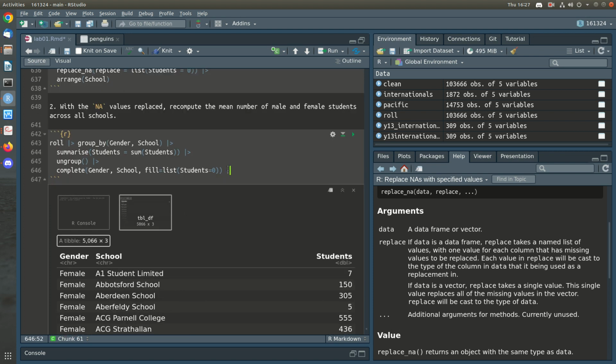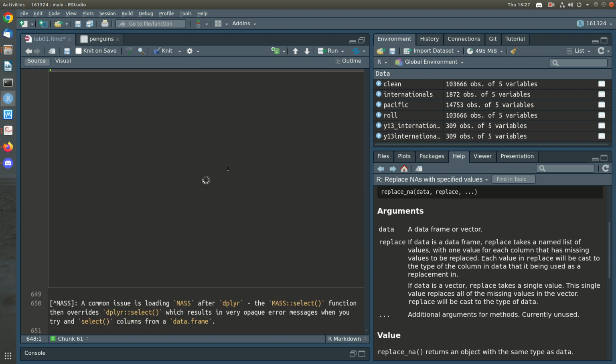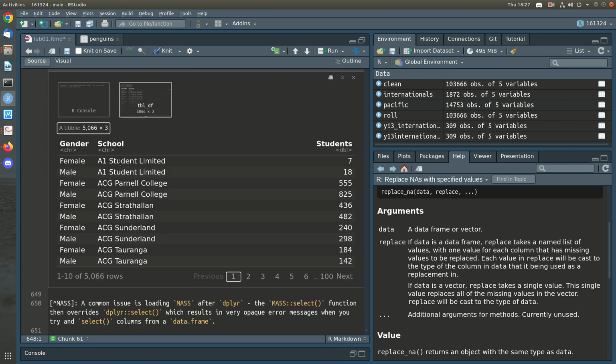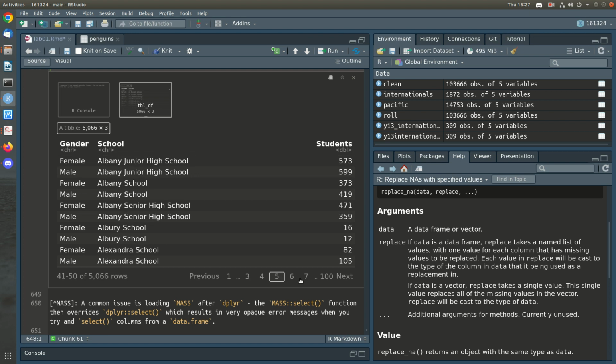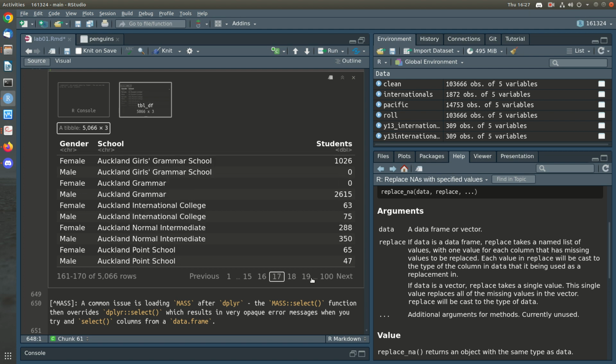Okay, let's arrange it by school just so that we can see that it's done what we think it's done. So you can see I do have two values for each one, and presumably at some point there'll be one that has some NAs in there. Might take a wee while to find one, because most schools, oh here we go, got one. Okay,